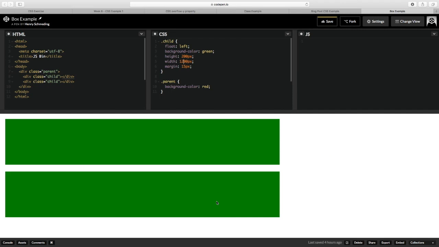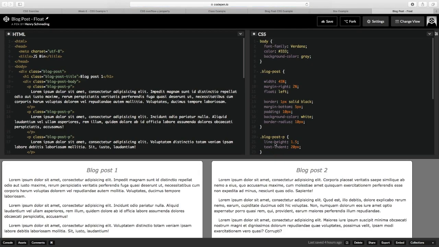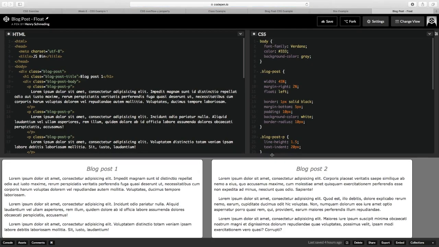So that's what floating allows you to do, to achieve that effect. And we can see it here for the blog posts. We go to this blog post pen I have here. So in this case,